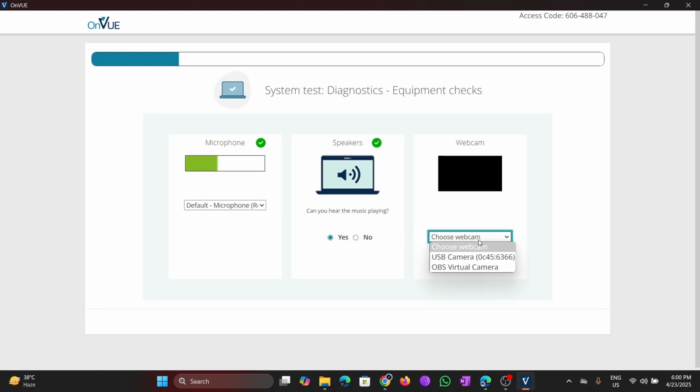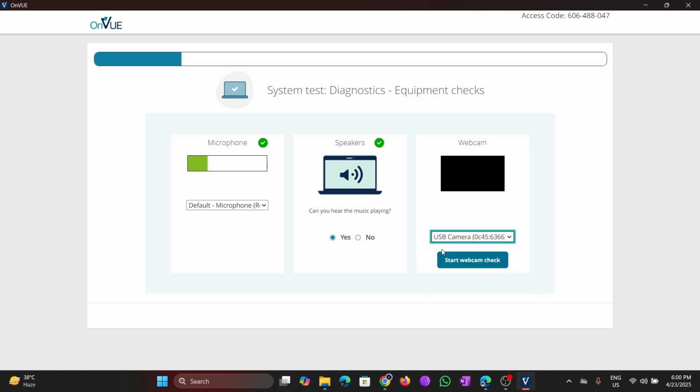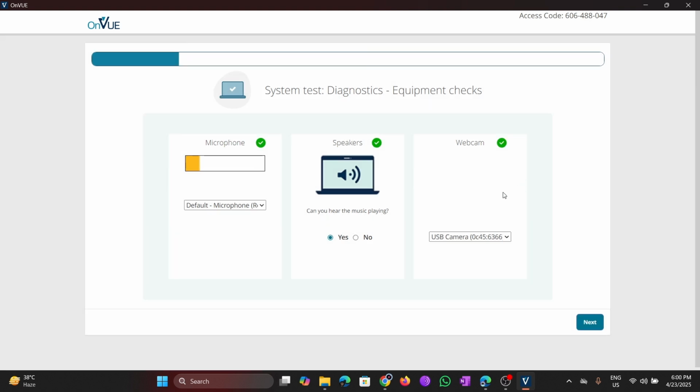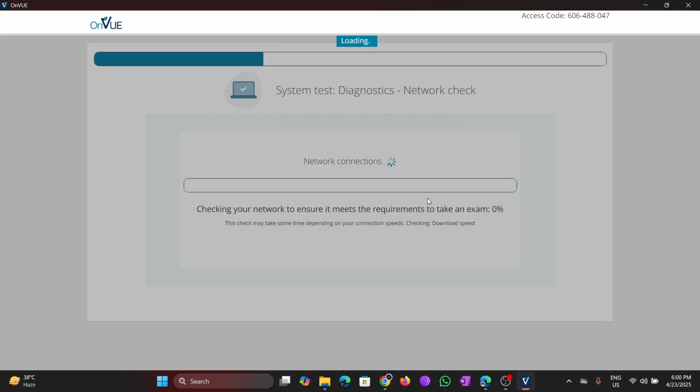Then we have to configure our webcam. In this section we start the webcam. Right now our webcam is showing, so we can configure it. Then we go to the next button. Then they check the network connection,